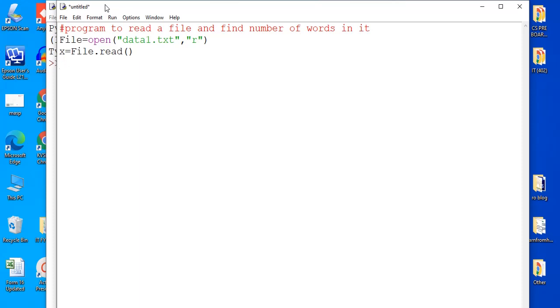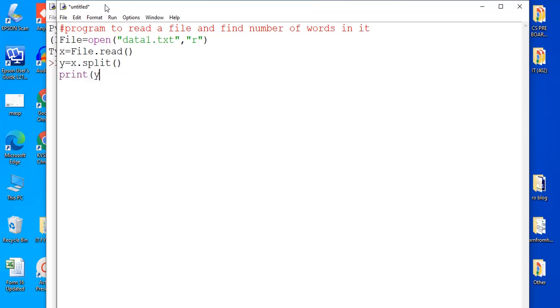There is a special string function, split, that can split a complete string based on the spaces stored in it. After splitting, it gives a list of elements. So here I am taking y equal to x.split. Here x will store the data of the file, and y will store the split data of x. So y will be a list.